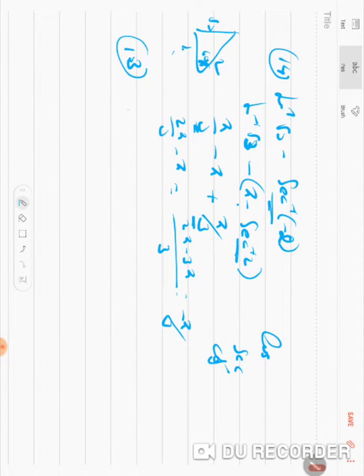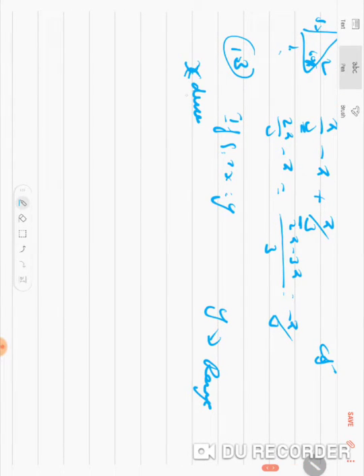13th sum. If sine inverse of x is equal to y, then y lies between... So y is nothing but the range. x is always the domain. And I told you in trigonometry the opposite is what is inverse trigonometry. So in minus pi by 2 to pi by 2,